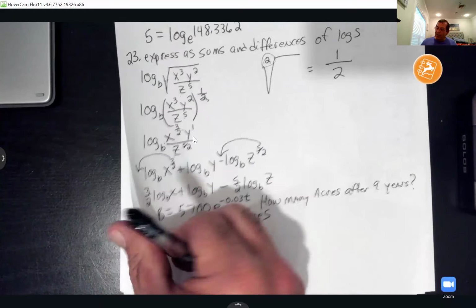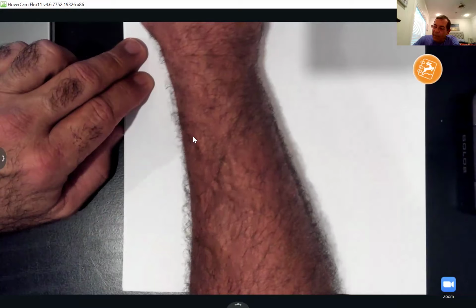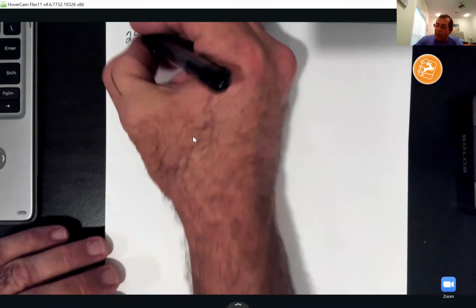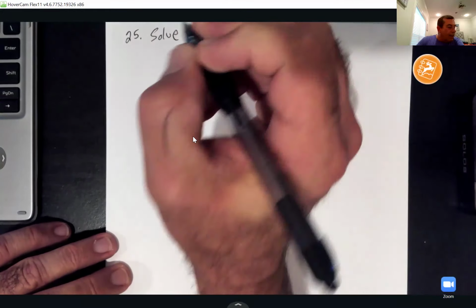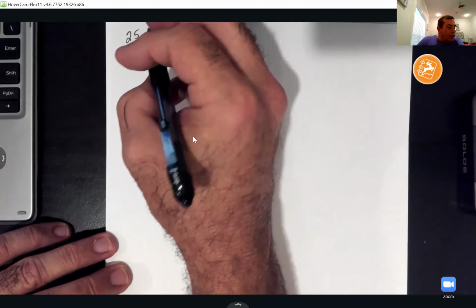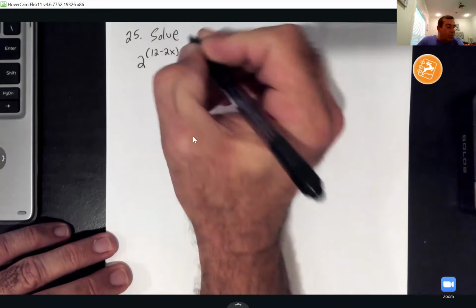All right, y'all, let me see what we got next. Oh, this is the last one because there's only 25 on this. So 25 says solve. They're giving me 2 to the 12 minus 2x equals